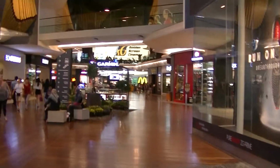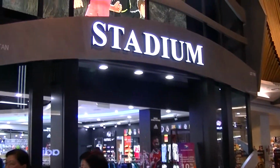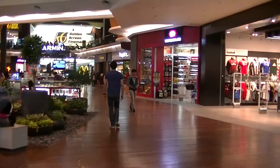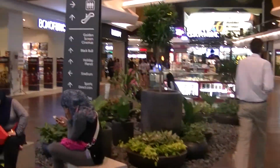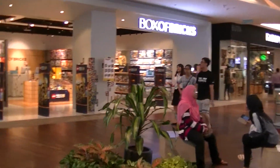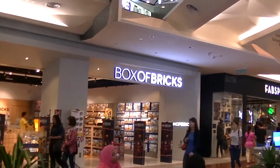There's a McDonald's at the end here. I like this place because this one here is all tiles and it becomes wood tiling. Stadium. So I wouldn't have to walk so gingerly at all if I had that 4K camera, which looks really huge. It would take some time to get used to it if I were to purchase that big brick of a camcorder. And speaking of bricks,